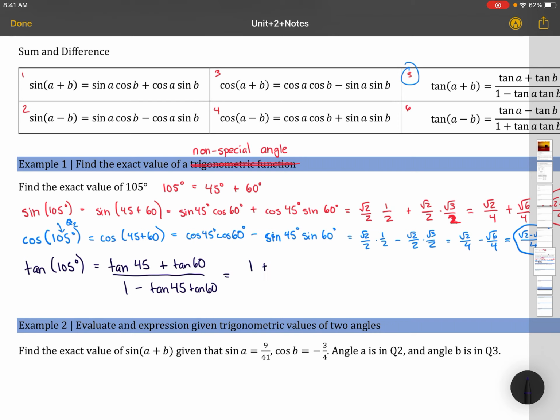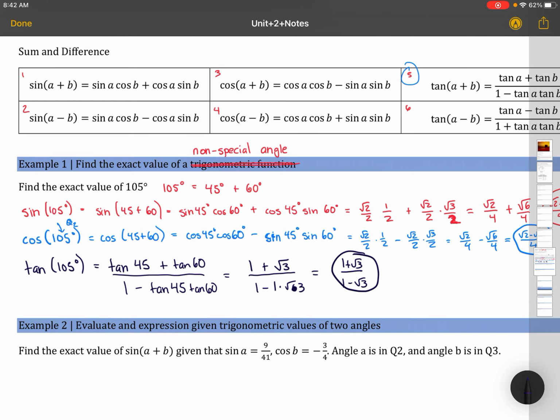Now the tangent of 45 is 1. The tangent of 60 degrees is, you got to know the unit circle, it's the square root of 3. And then divided by 1 minus tangent 45 is 1 times the tangent of 60 is square root 3. So that is just 1 plus square root 3 divided by 1 minus the square root of 3. All right, that is it for the 3 trig functions for